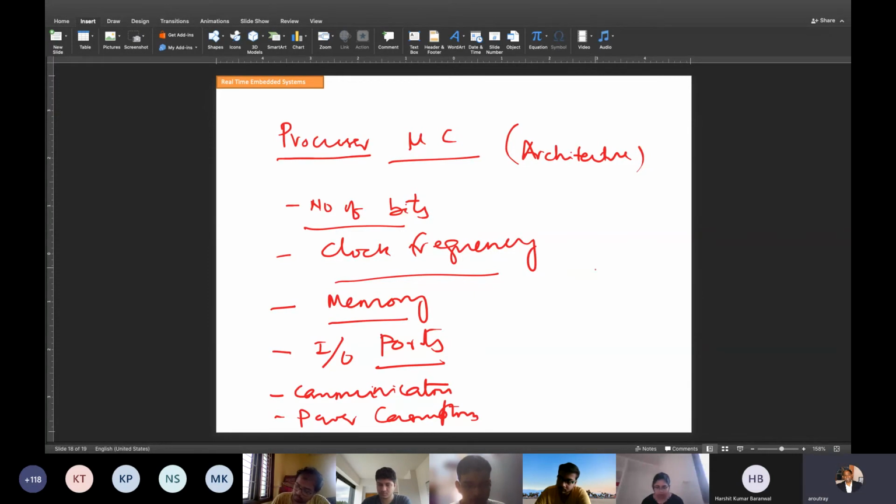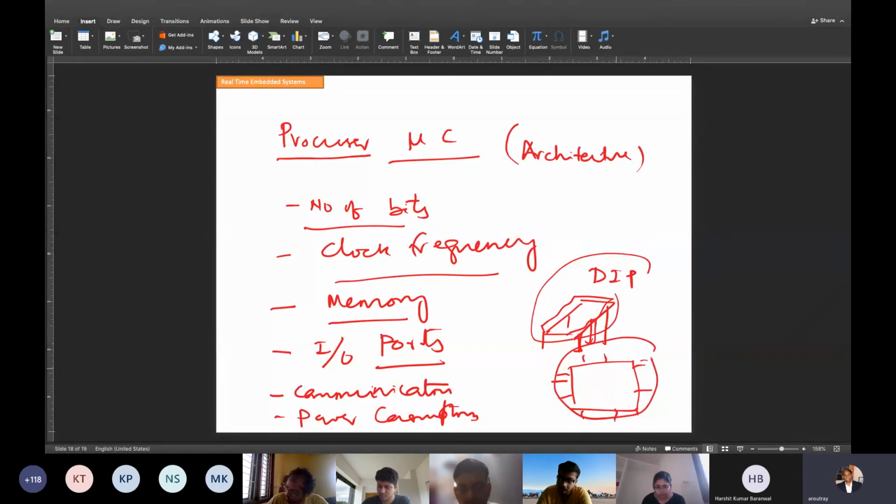Same processor with a DIP package, dual inline package. Dual inline package means the processor is like this, and the IC has legs like this. These are legs. Dual inline. Then surface mount. Surface mount is just flat, something like this. So this will consume more power. This will consume less power. This is more expensive, and it is difficult to solder. DIP is very nice. You can put it on a breadboard, but making a circuit on this is very difficult. This is called quad flat package, QFP.